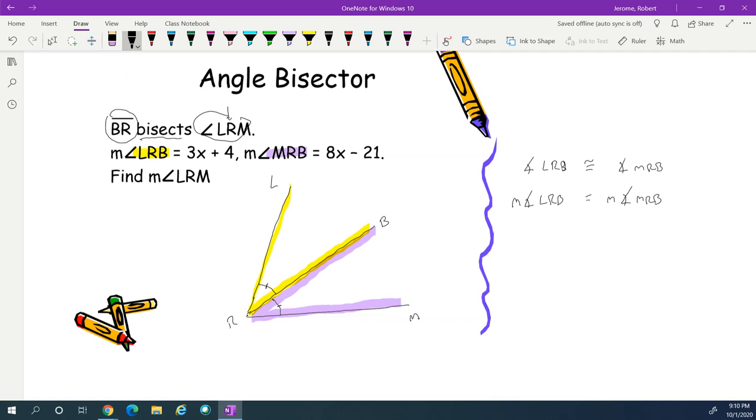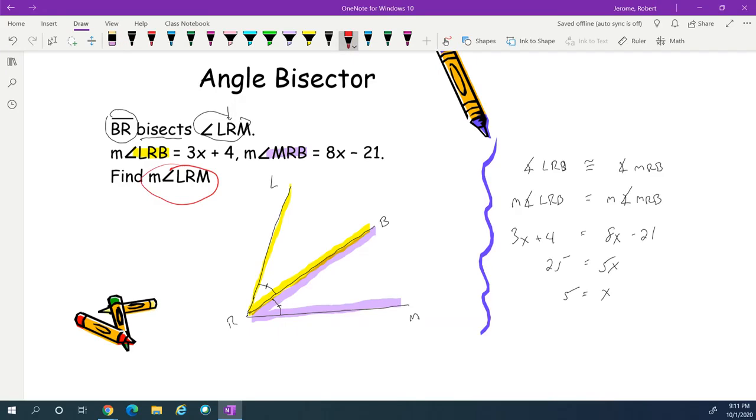So LRB is 3x plus 4. MRB is 8x minus 21. Notice this looks exactly like the work we did for segments. We're going to find x, so subtract 3x, add 21, and x equals 5. But the question